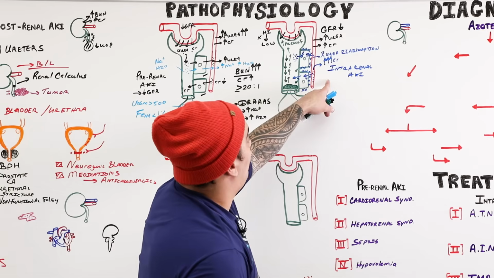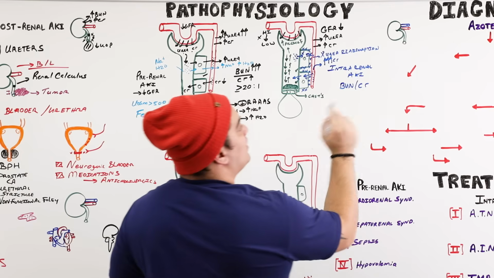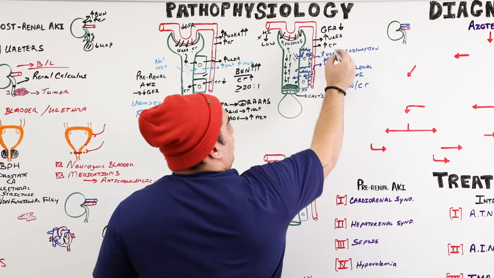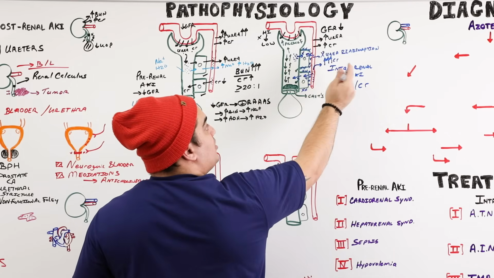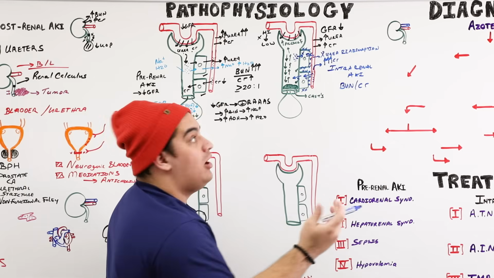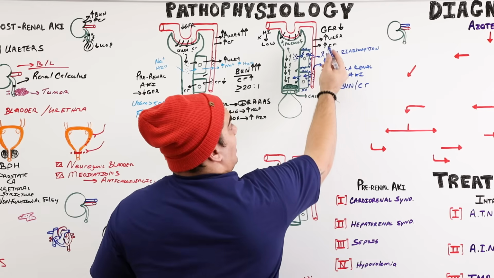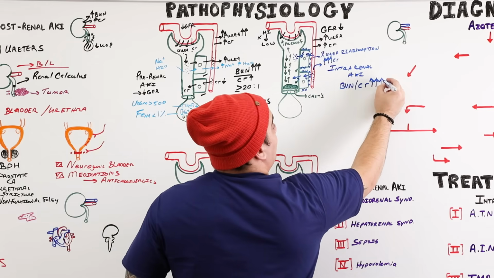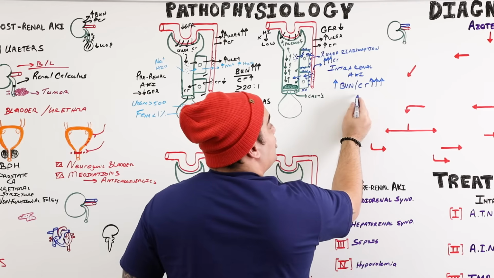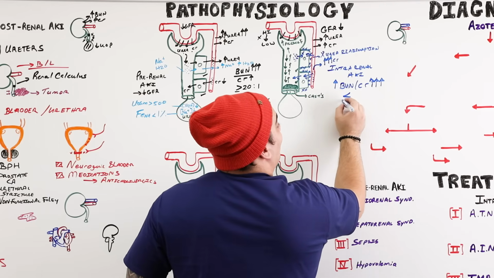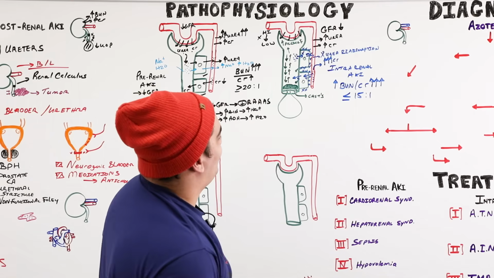Now, if you look at the ratio between the BUN and the creatinine, which one's higher? Well, the creatinine wasn't filtered as much, and urea wasn't filtered as much. But when we talk about reabsorption, not much urea was reabsorbed, while tons of creatinine was retained because you couldn't excrete it. So look at these arrows. There's way more creatinine in the blood than there is urea. So the BUN to creatinine ratio will be less than or equal to 15:1. Okay? All right, beautiful. So we understand that.